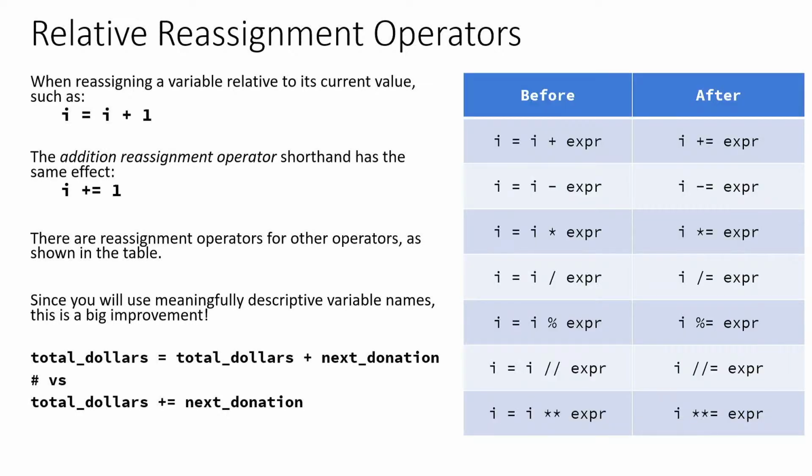This operator works with most of the operators you would expect it to. So imagine a variable named i that is, say, an integer. You could use it with all of the regular integer arithmetic operators, as you would expect. It also works with strings and concatenation as well, right?